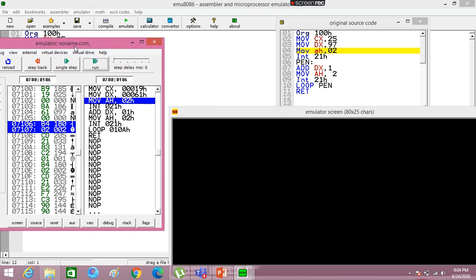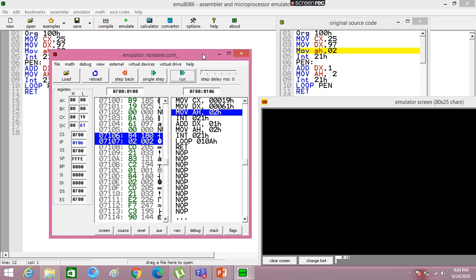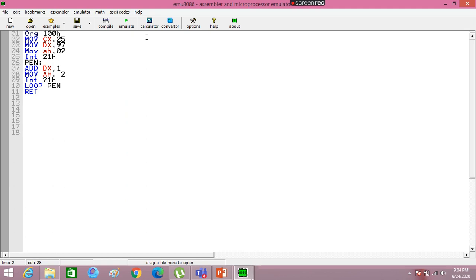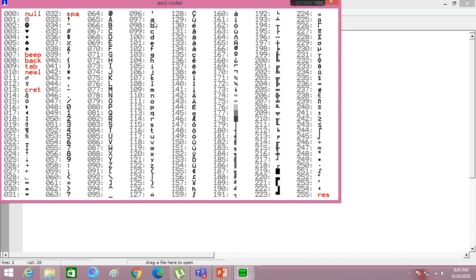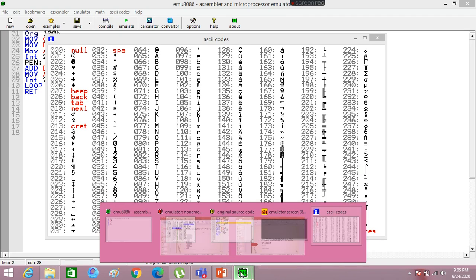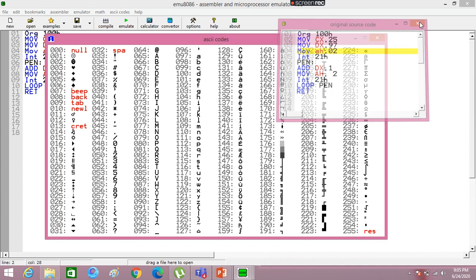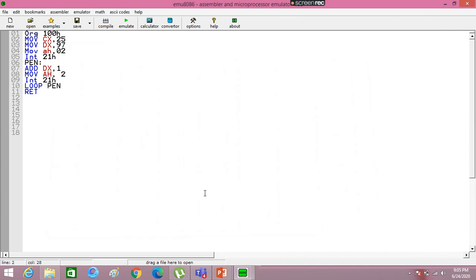MOV DX, 97. Why have I moved 97 into DX? Because 97 is the ASCII code of small a. How can I see it? From the ASCII code table over here. I click the ASCII code and I can see that for small a the ASCII number is 97. So if I have to print small a on the output screen, I have to move 97 into the DX register. I just did that by moving 97 into DX in this program. I'll emulate it again, and you can also see that